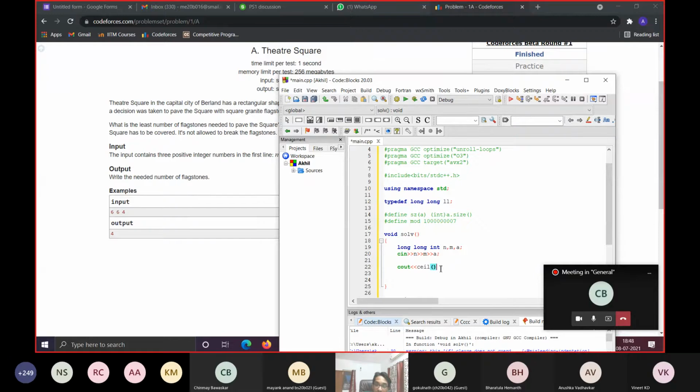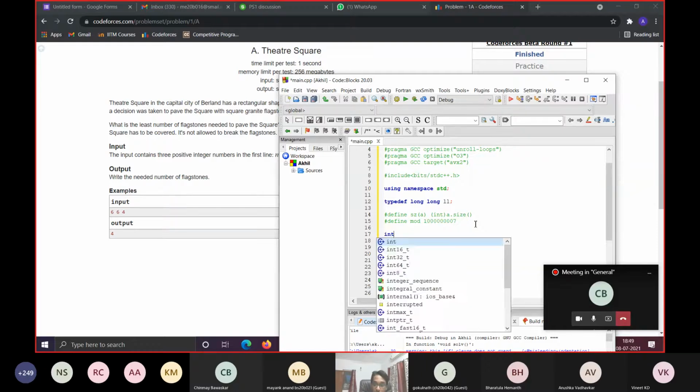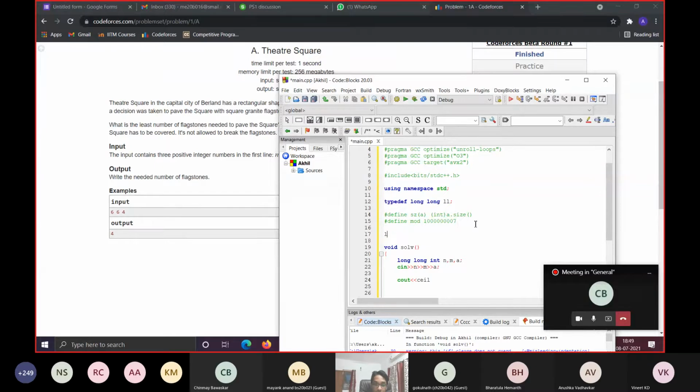But this particular function is not pretty reliable in some compilers. For me, I personally feel that better than using the inbuilt ceil function, you can define your own ceil function. This is useful for any question in general where you need to find the ceil. It's completely okay if it's working, you can do it. In fact, I'll show you the difference in one of the questions.